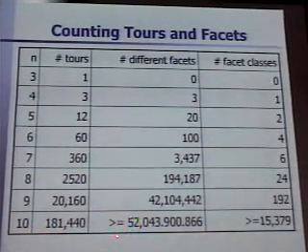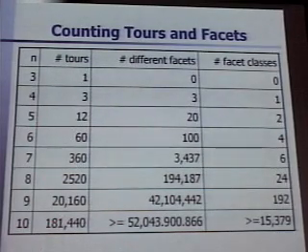50 2 billion facets of this polytope. But it's not clear whether this is the exact number. So the growth of the facets is much stronger than the growth of the number of tours. But nevertheless, you approach the traveling salesman problem not via tours, but via facets. And that's the big winner, and this is a miracle.